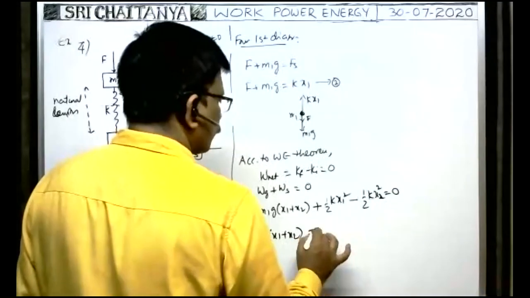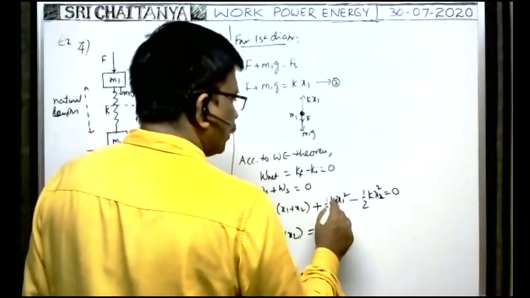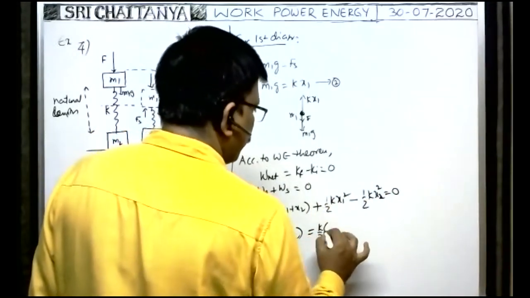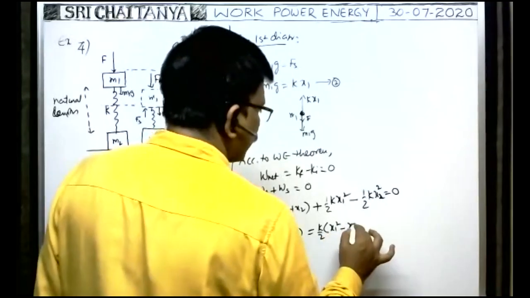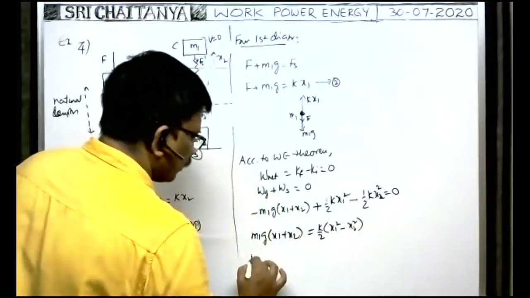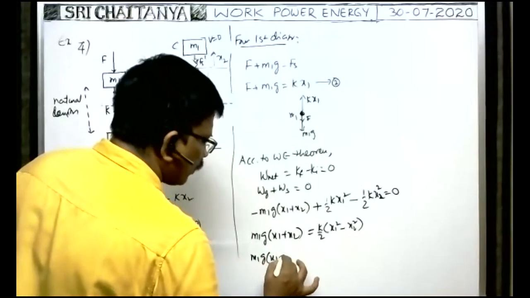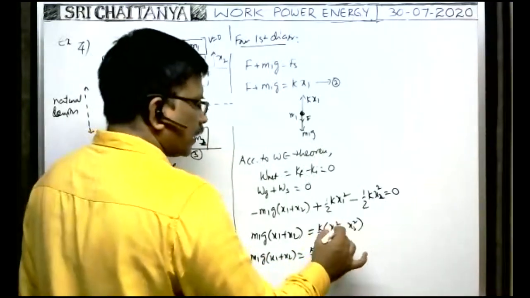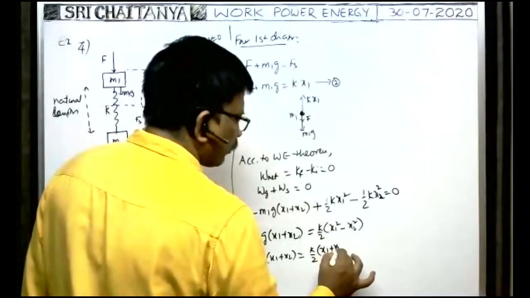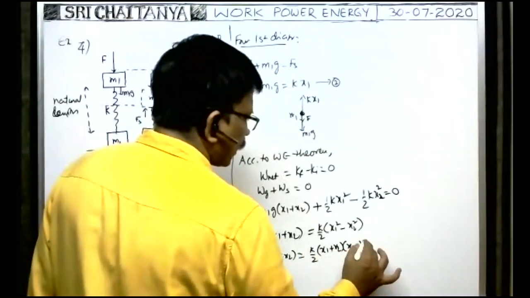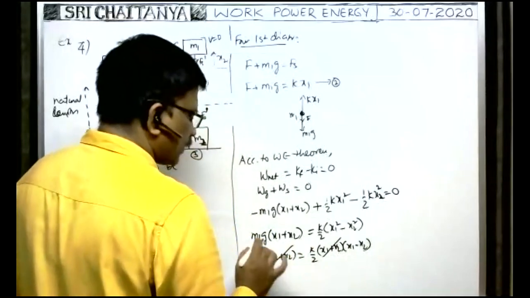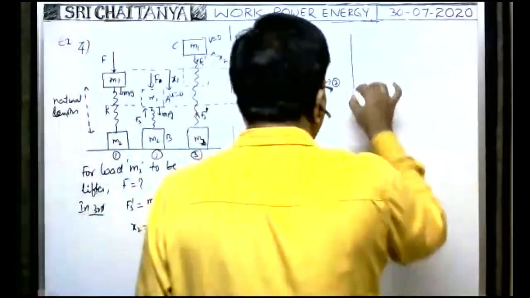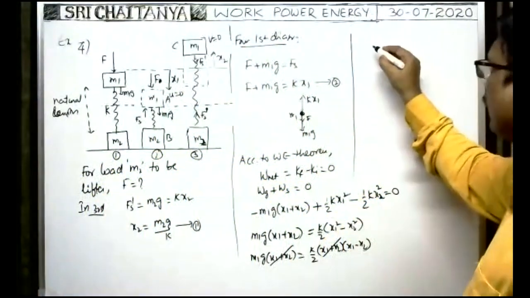Okay, that is equal to, you keep these two here only and you take k by 2 common. When you take k by 2 common, x1 square minus x2 square, no? Therefore, m1z into x1 plus x2 is equal to k by 2 into a square minus b square. So we can write x1 plus x2 into x1 minus x2. x1 plus x2, x1 plus x2 cancel. Therefore, from this formula you see,